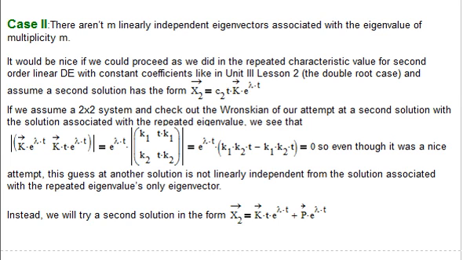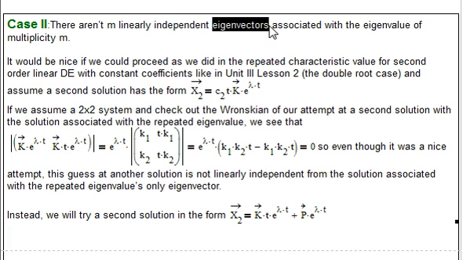Well, things get a little more complicated if we are not able to find m linearly independent eigenvectors associated with an eigenvalue of multiplicity m. So here's what happens. It'd be nice if we could proceed as we did in the repeated characteristic value for the second order